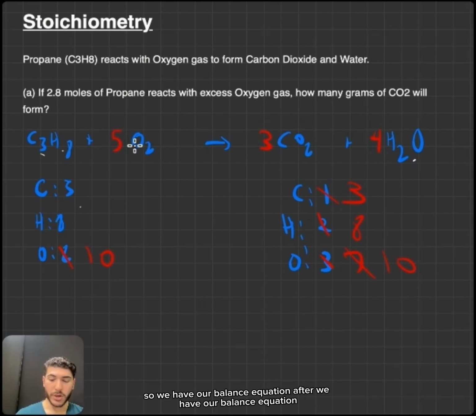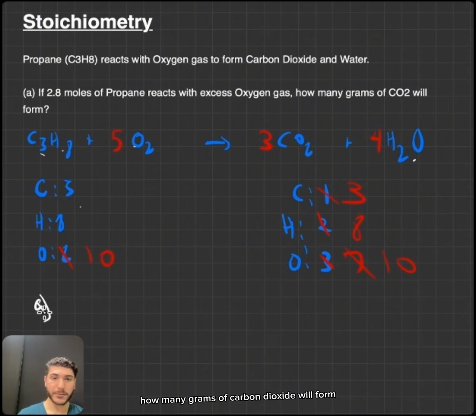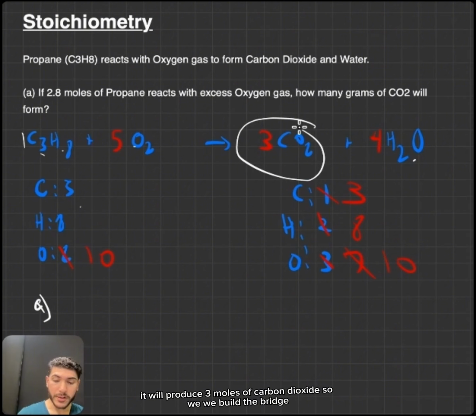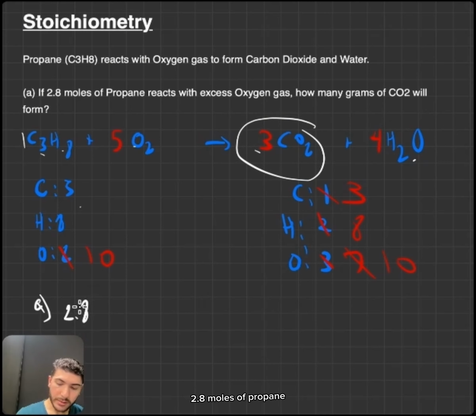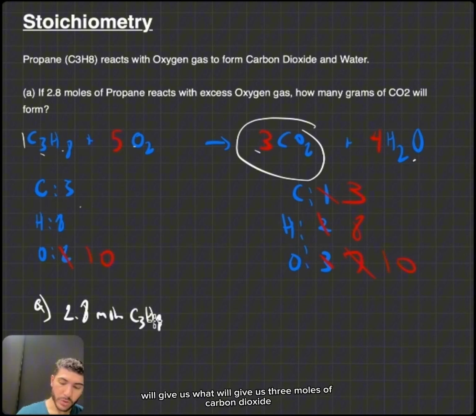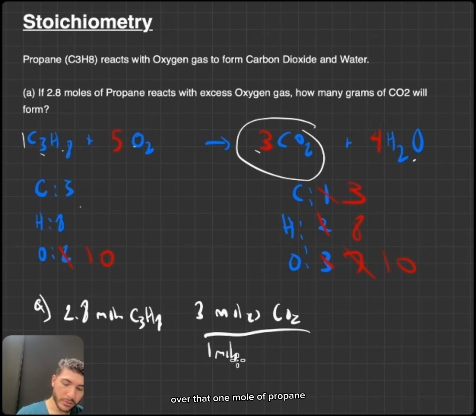After we have our balanced equation, we'll move on to part A of the question. So part A states what? If 2.8 moles of propane reacts with excess oxygen gas, how many grams of carbon dioxide will form? Now, here's where mole ratios come in. Think of them as unit conversion highways. Our balanced equation says for every 1 mole of propane, it will produce 3 moles of carbon dioxide. So we build a bridge. 2.8 moles of propane will give us 3 moles of carbon dioxide over that 1 mole of propane,